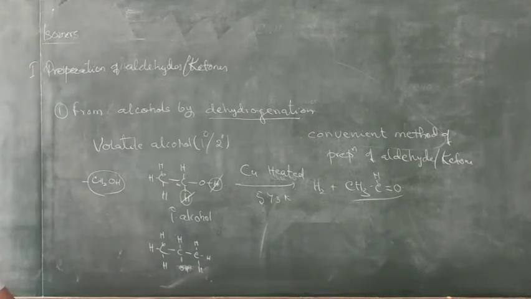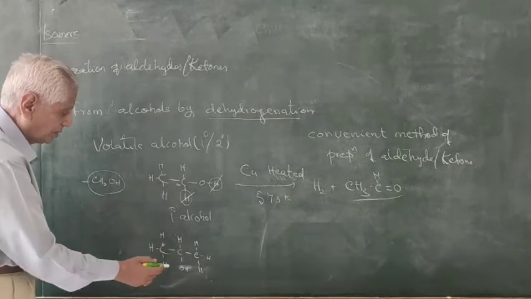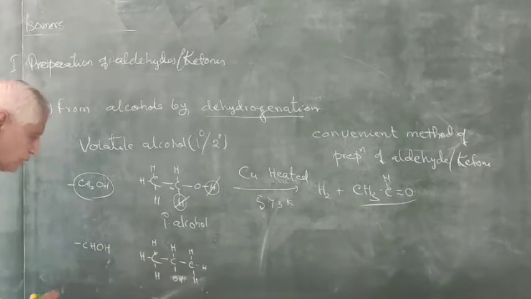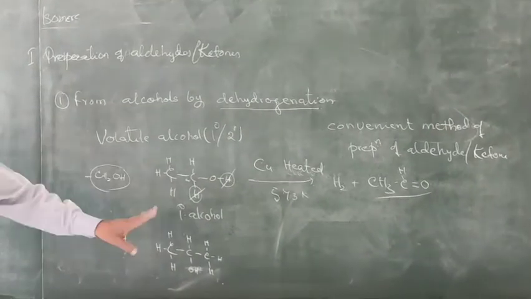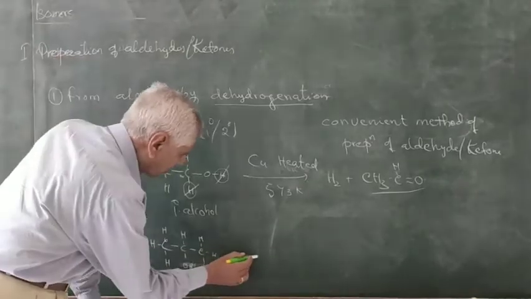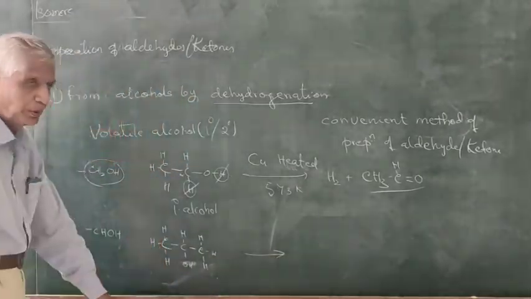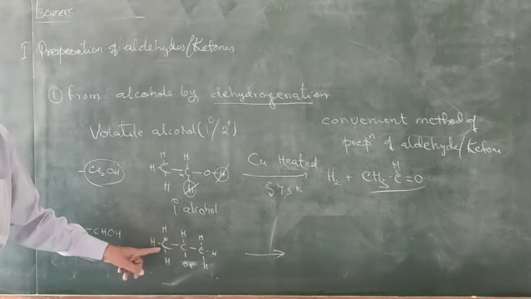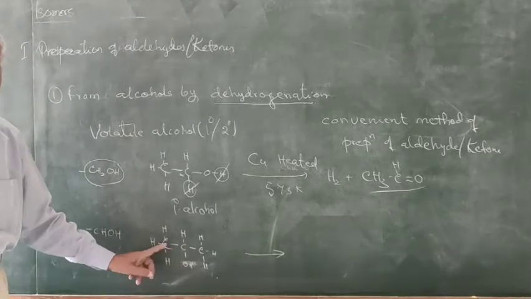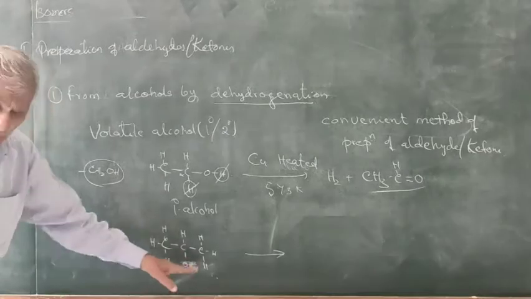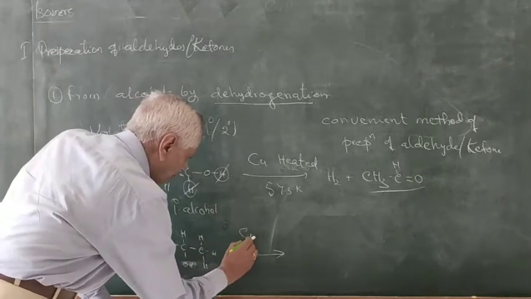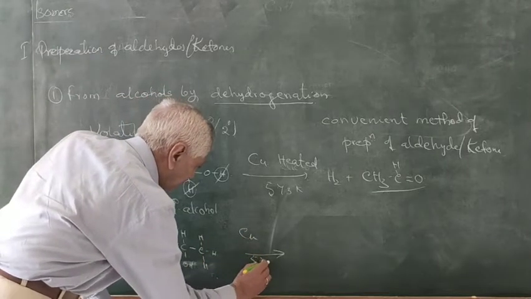What is a secondary alcohol? Secondary alcohol is the one where the OH is connected to a CH carbon, CHOH. What is the name of this compound? Can you tell me? 1, 2, 3. Propanol-2. I need not write it, you know these things very well. The OH is on the second carbon, that is propan-2-ol. Now for propan-2-ol again, when it is passed over copper at 573 kelvins,